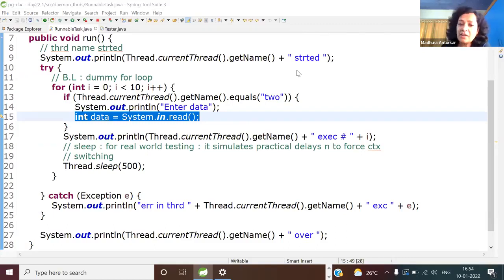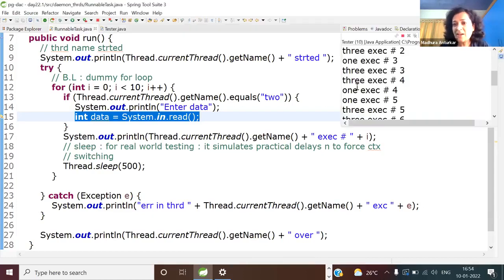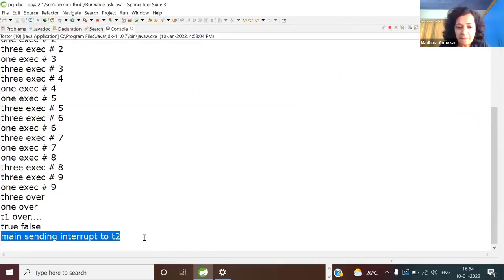I'll repeat my question again. Do I have to press enter exactly once, or 5 times? You remember why I said 5 times? Because when I press enter, 2 bytes are sent in, carriage return CR and LF. So 1 time or 5 times? Answer is 1 time. Observe. That is what makes threads so interesting.